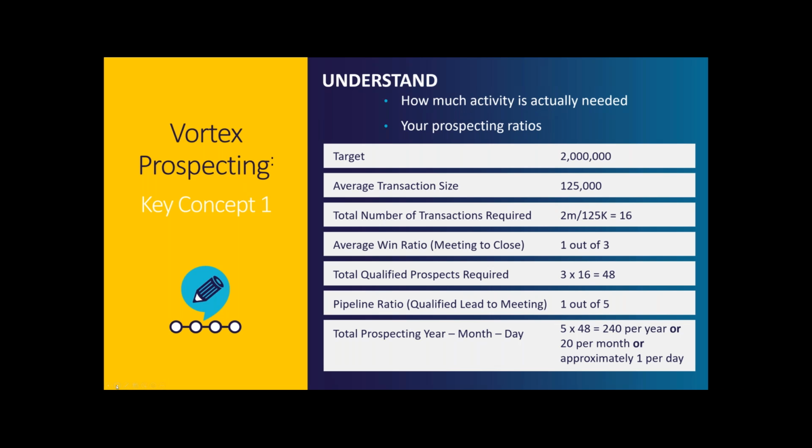So the first key to getting your productivity and driving this is to get really clear on what those numbers need to be. And if I need to get 240 new prospects into the pipeline, new initial meetings, however I define that to be successful, I can start to do the math. If I need 240 between now and the end of the year, that means I need 40 new opportunities per month between now and the end of the year. And if I need 40 per month, I need 10 per week.